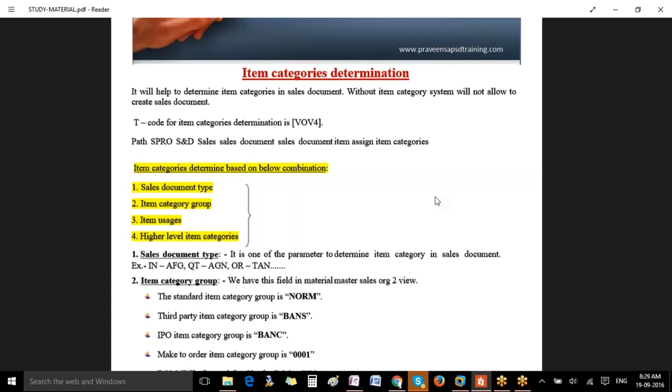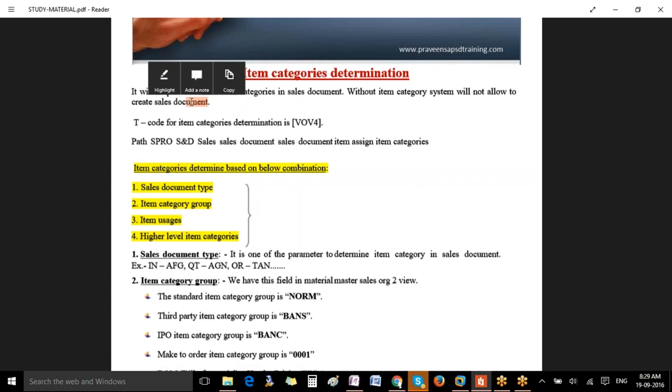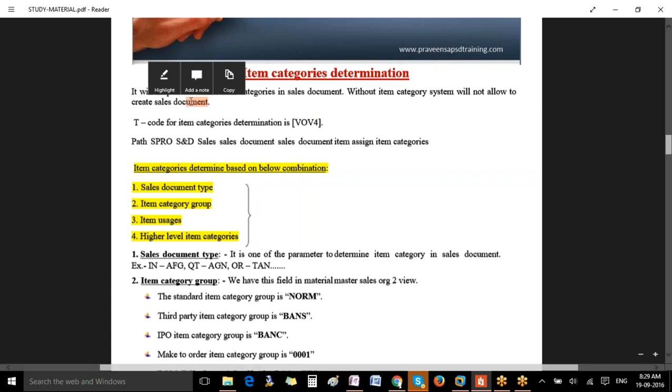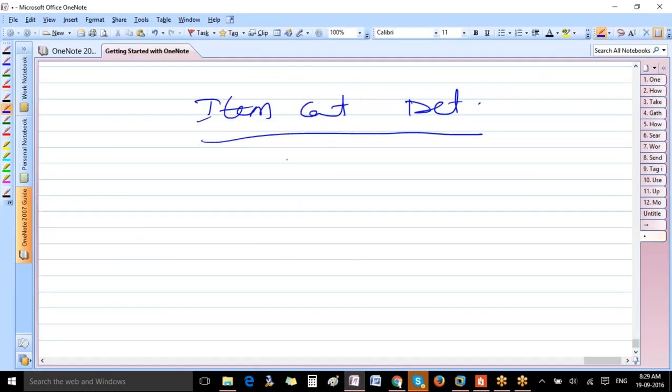So item category determination, you can see it will help us to determine the item categories into the sales document. Without item categories, the system will not allow you to create a sales document. Why? Because it doesn't know what kind of item it is, whether it's a saleable item, a package item, a value item, or a text item. It doesn't know anything. So without an item category, the system will not allow that. So the T code for the item category determination is VOV4. VOV4 is the transaction code for item category determination, and item category determination will happen on 4 parameters, that is